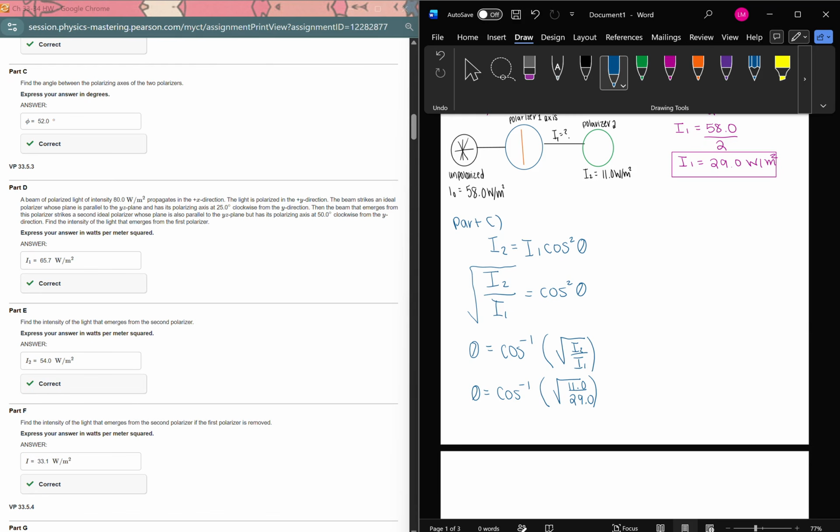Okay, and I got the answer as 51.98. So that's going to give us, rounded, 52.0 degrees. So that is the answer for part C. Okay,